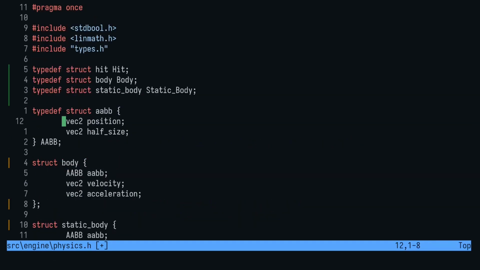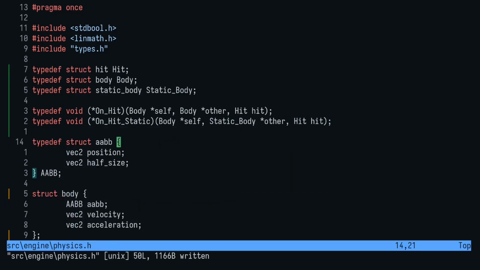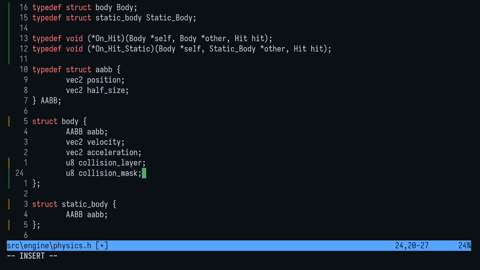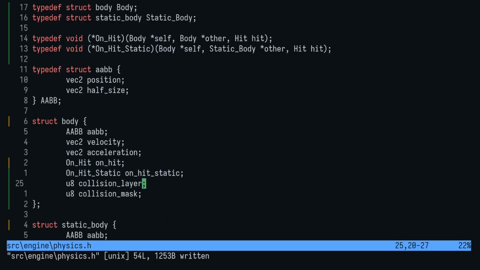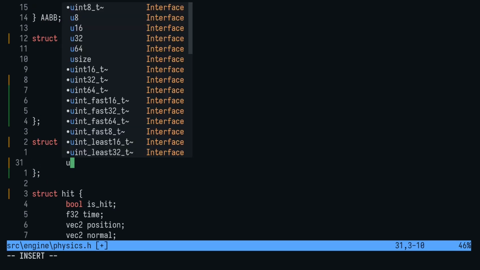Now we'll create 2 function pointer types, onHit and onHit static. Then on the body struct, we'll add fields for them, as well as collision layer and collision mask, which I will explain soon. We'll need to add the collision layer to the static body struct, but we won't add a mask or any